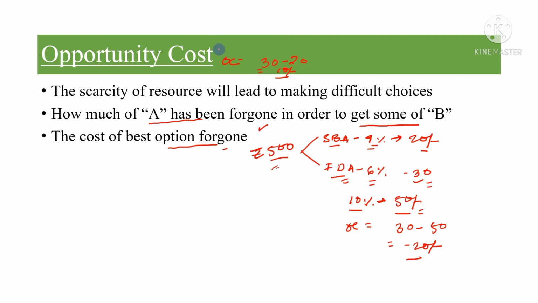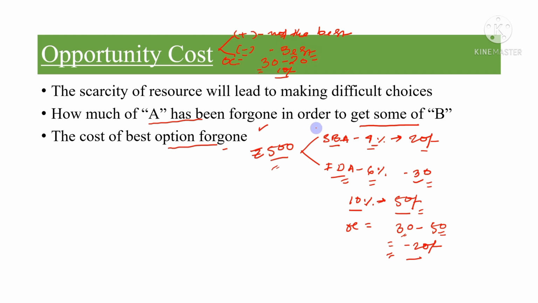That means we can say that opportunity cost can be positive and negative as well. When it is positive, that means you are investing in an option that is not the best of all the options available. But when it is negative, as you can see here, the opportunity cost is negative. That means you have chosen an option that is the best among the available options. So if it is negative, it means the best among the available options. Okay, so I think this is making sense now.